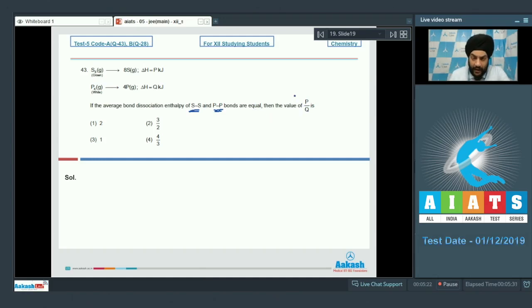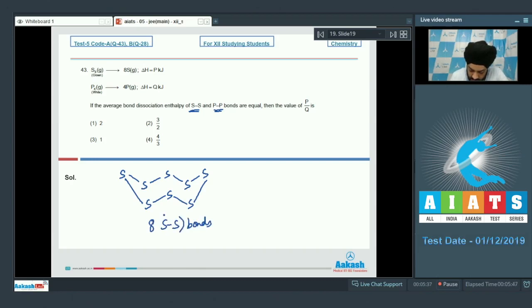Students, if we talk about crown sulfur, we can draw this structure. There are 8 sulfur atoms. It has the shape of a crown. So we can clearly see that there are 8 S-S bonds. If we talk about the second compound, we have white phosphorus. We know the structure of white phosphorus as well, students. This is the tetrahedral structure of white phosphorus, and we can clearly see that there are 6